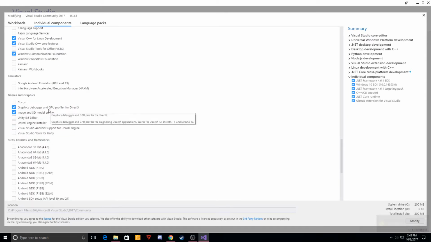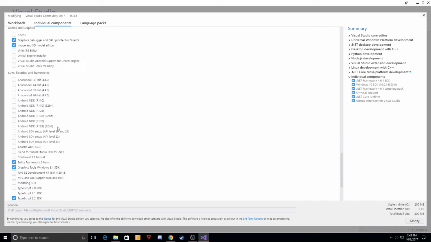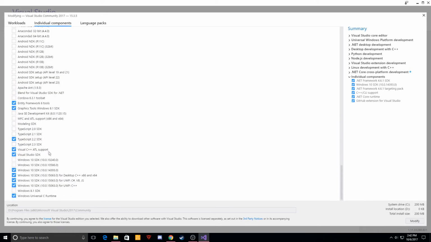Come down here, and you should see Visual C++ ATL support. Enable this. You can enable TypeScript 2.2 SDK. And then enable Windows Universal C Runtime. Now, if you're running on Windows 8 or 7, honestly, these don't really matter too much. I would just enable the ones I have